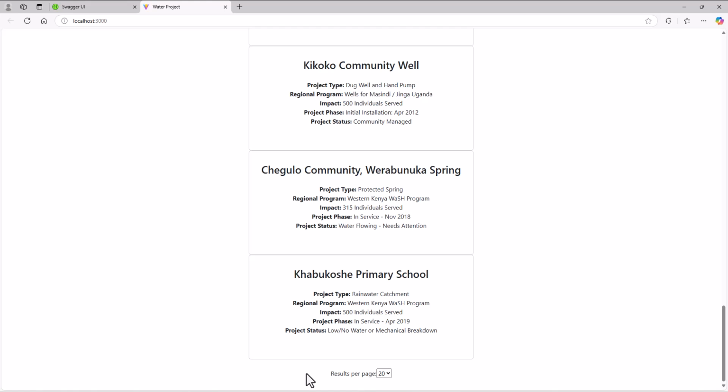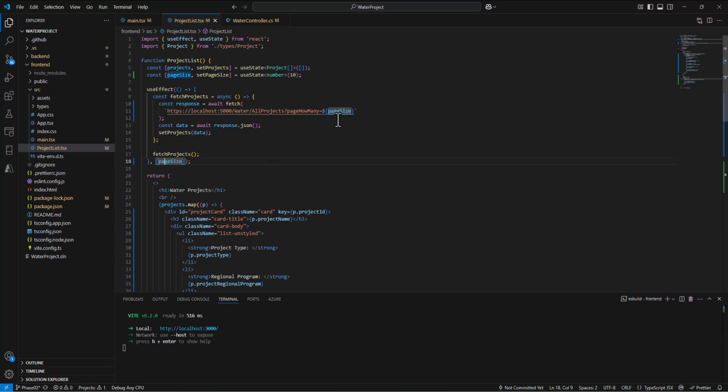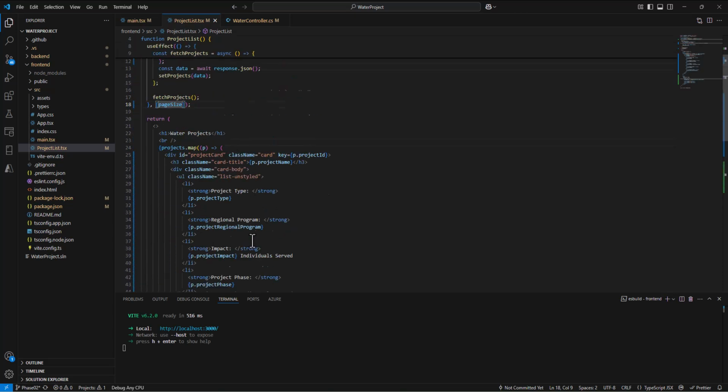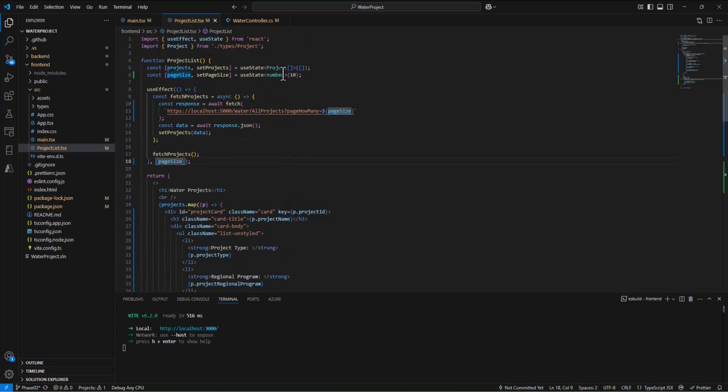So what would be a great thing to do is to take a minute to pause the video and see if you can do it. Well, at least get the page number set up, because it'll be the exact same thing that we just did. So what I'm going to do is I'm going to say, well, I want to also track which page number we're on currently. And so it's going to be the same process.